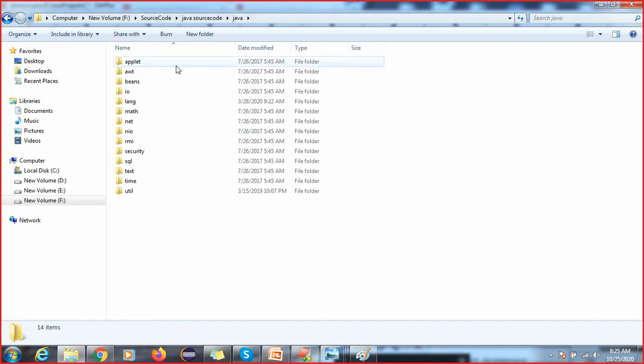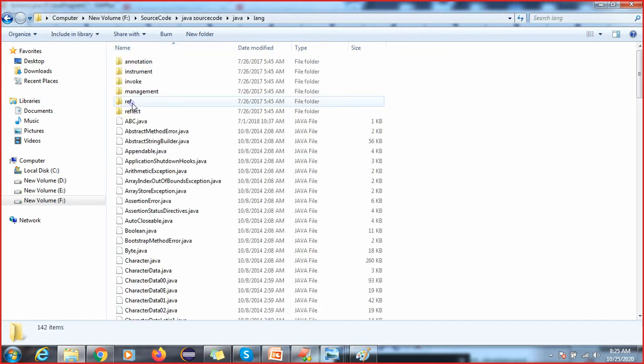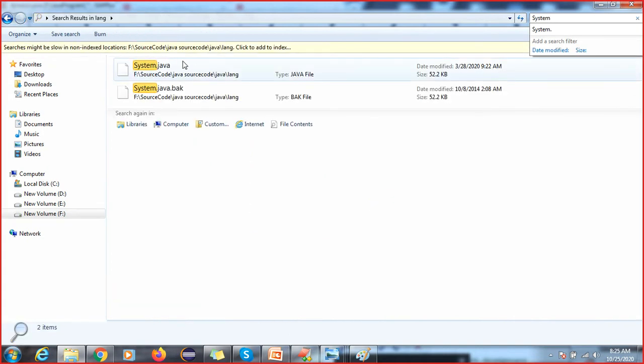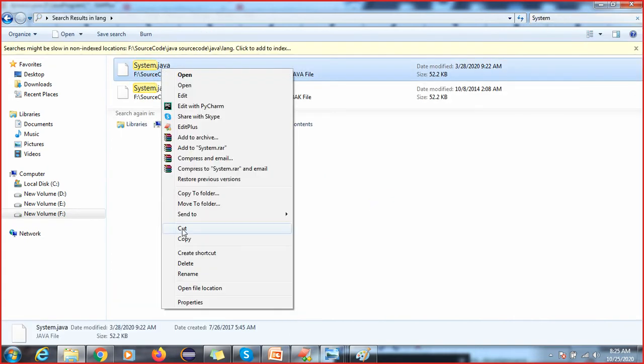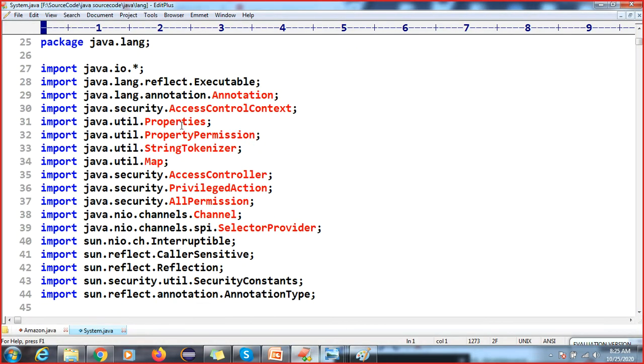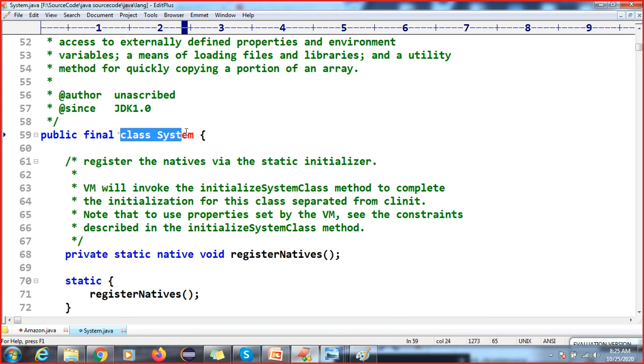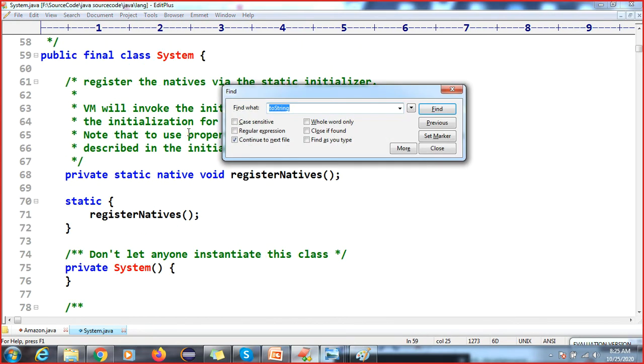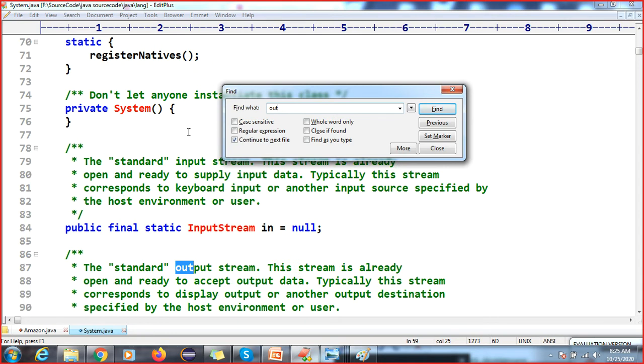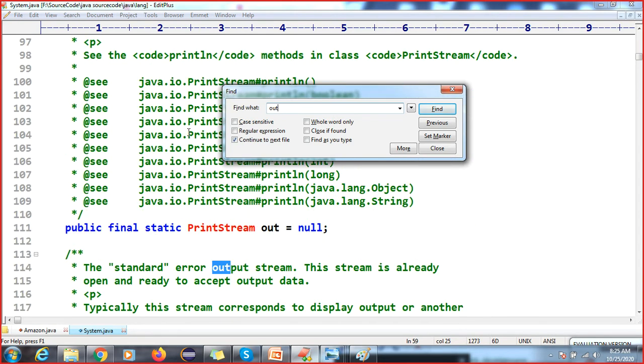System is available in the java.lang package. If I search for System, this is your implementation class. You can see System is a class, out is your variable, and println is your method.